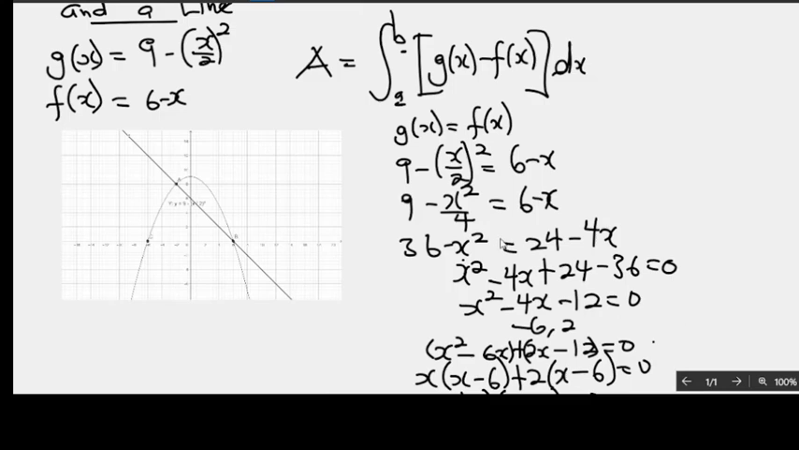So the area between the curve and the line, which is this area, is